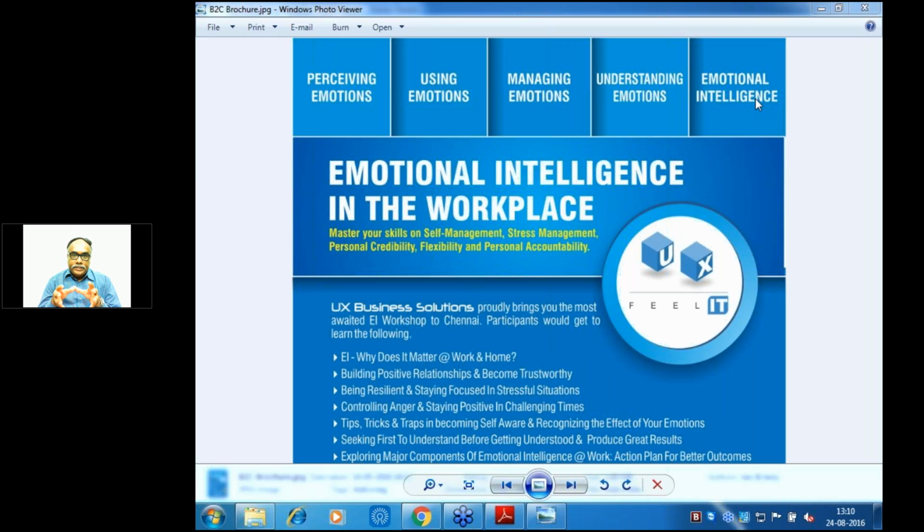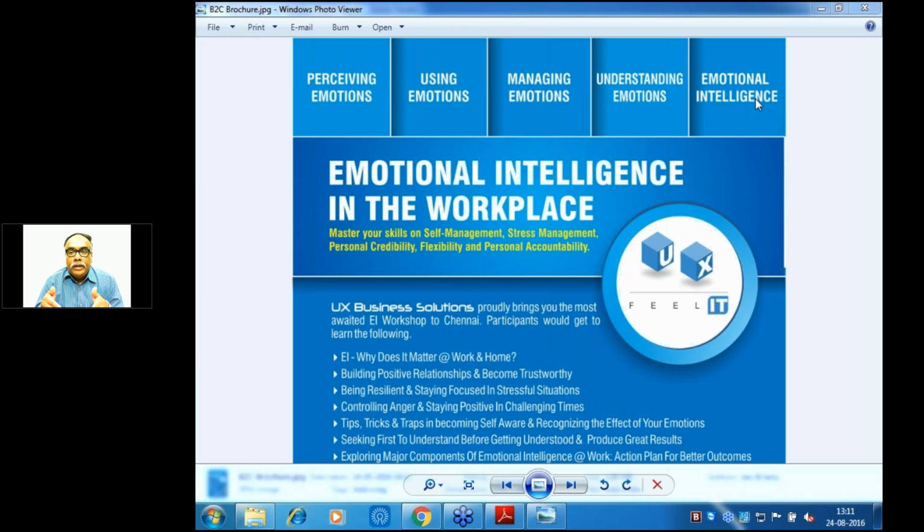The first quadrant is being self-aware. This is easy is what we think, but it is not as easy as it sounds. For example, if I ask you, are you clearly aware of what you know and what you don't know? We probably say, yes, I know what I know and I know what I don't know. But if I give you a sheet of paper and ask you to fill it up, on one side what you know, and on another side what you don't know, generally the egotistic mind state of all of us as human beings, we try to select a lot of concepts under the topic of what I know, and we choose very little to mention in what I don't know.